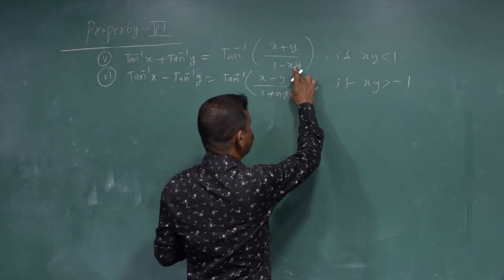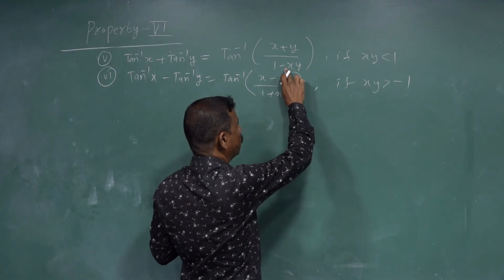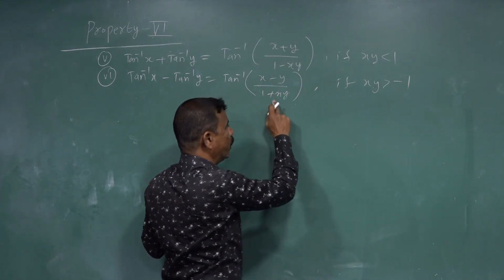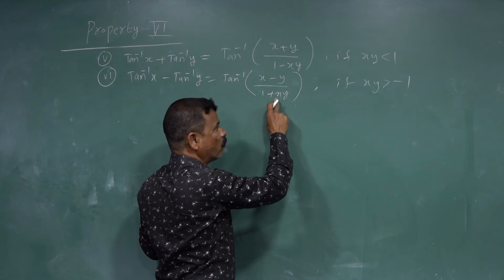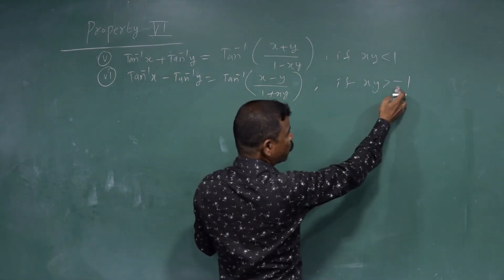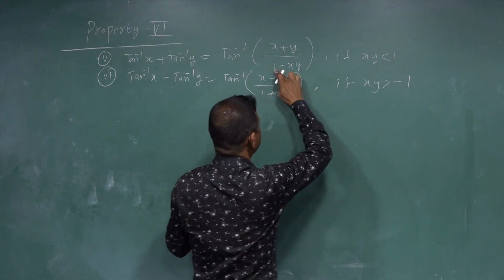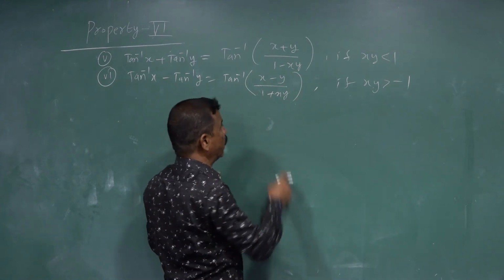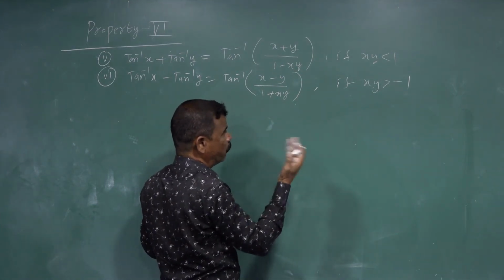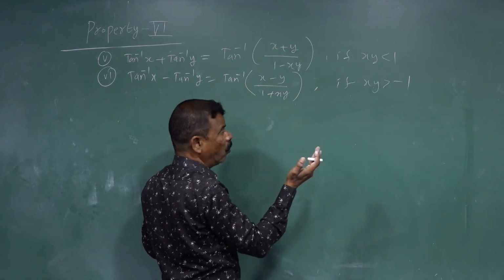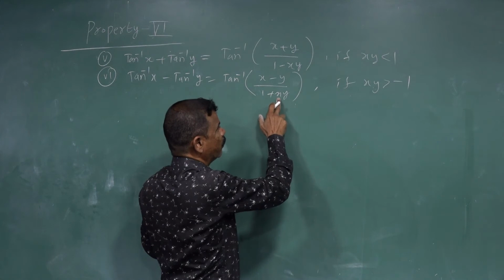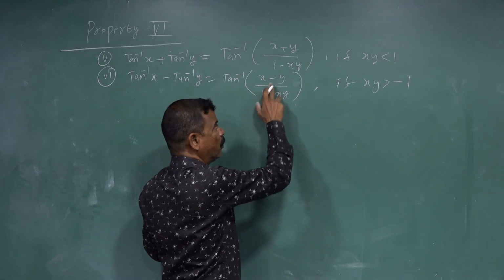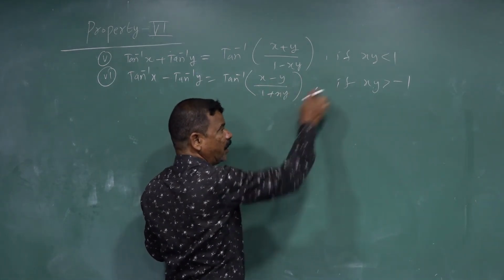Here the first condition is xy not equal to 1, it is less than 1. If it is equal to 1, then 1 minus 1 is 0, and something by 0 is infinity. Here also xy is not equal to minus 1, that's why xy is above minus 1. Here xy is below 1, like 1 minus 1 by 2, 1 minus 1 by 4. Above minus 1 means 0, 1, 2, 3, etc. Suppose 0 here, 1 plus 0 is not infinity. If it is minus 1, 0 comes, and something by 0 is infinity, which does not exist. That's why these are the conditions.